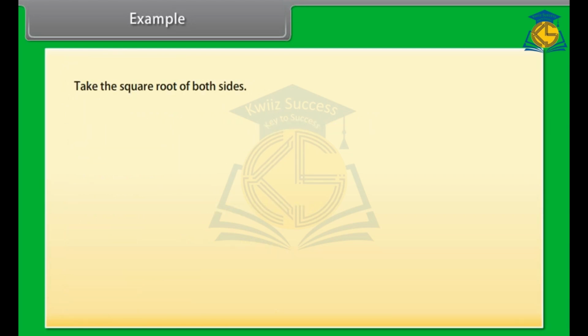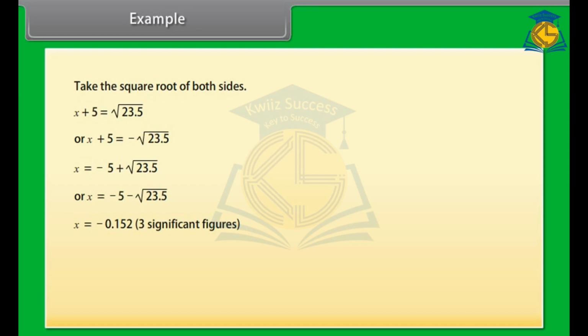Take the square root of both sides. X plus 5 is equal to square root 23.5 or x plus 5 is equal to minus square root 23.5. X is equal to minus 5 plus square root of 23.5 or x is equal to minus 5 minus square root 23.5. X is equal to minus 0.152 to three significant figures, or x is equal to minus 9.85